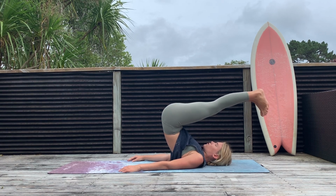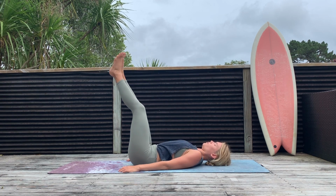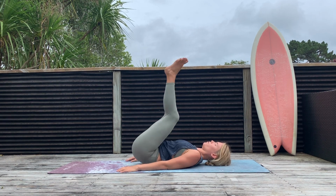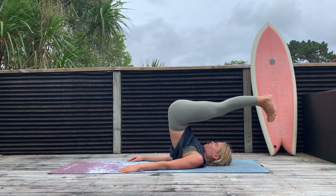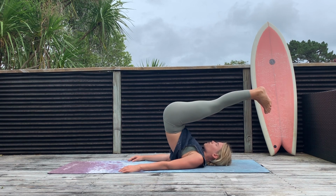Taking an inhale here. And as we exhale slowly, we're going to lower ourselves back down towards the mat, coming into tabletop position once again. Again, sending those legs overhead, parallel to the floor, slight pressing, length through the spine, and segmentally with control, we're going